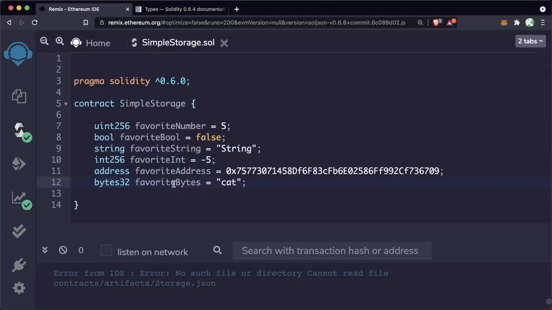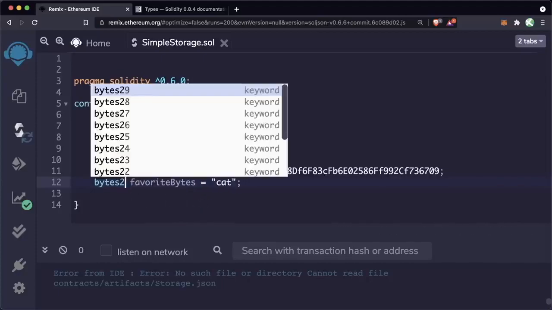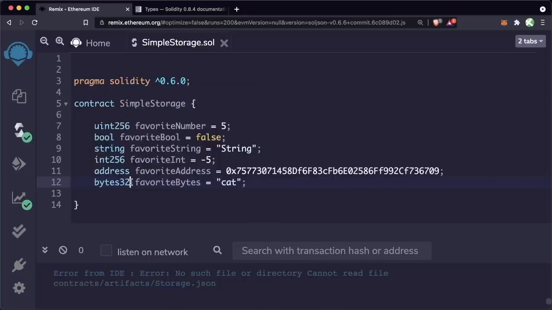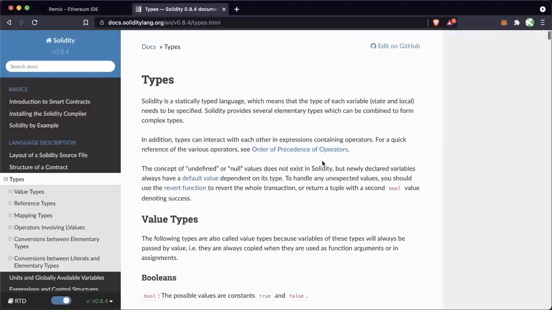Bytes32 means that there's 32 bytes in this variable favorite bytes. We can also do bytes2, bytes3, bytes5, etc. with a maximum size of bytes32. For example, we can't do bytes64. We're going to be talking about some other variables as well, like arrays and mappings, but let's just stick here for now. If you want to learn more about the different types and the different variables that you can use, head over to the Solidity documentation, and there's a link in the GitHub and the description to show you this